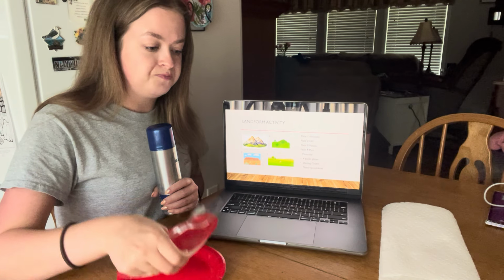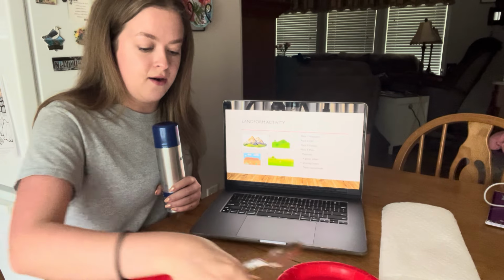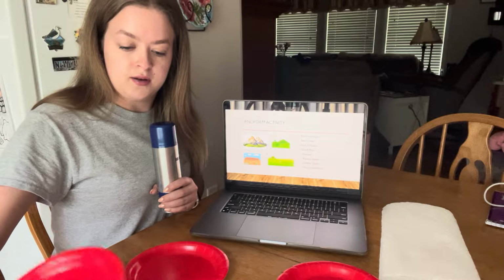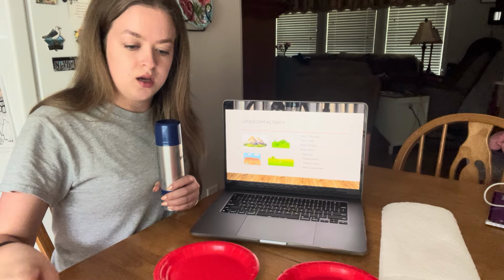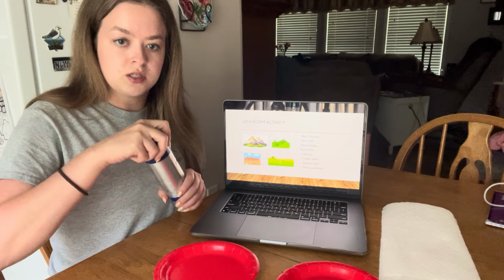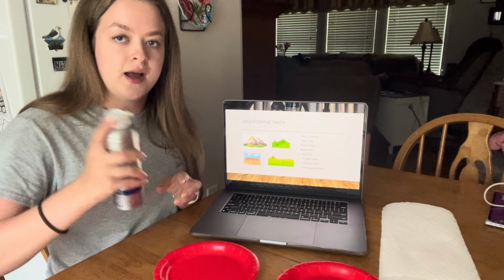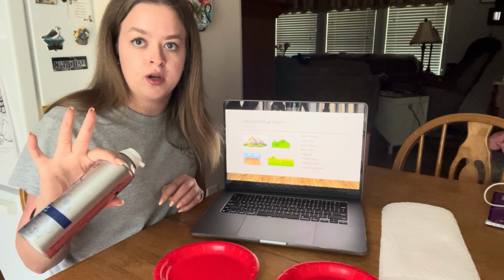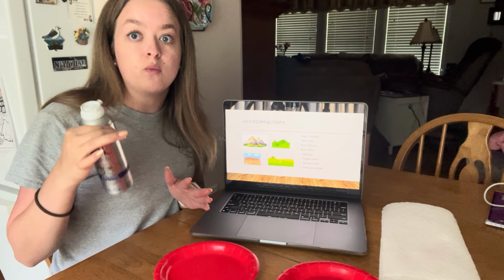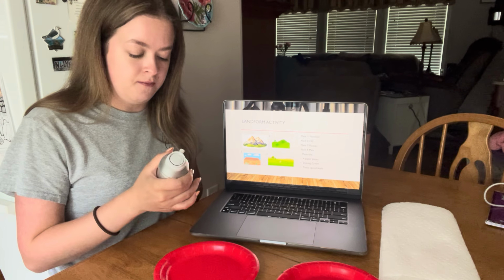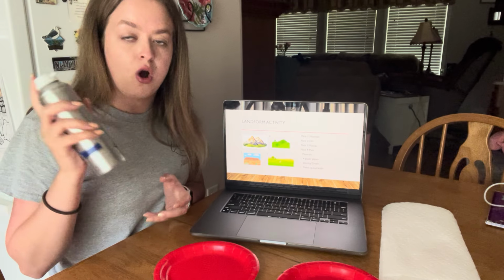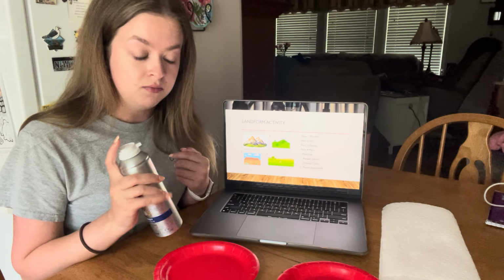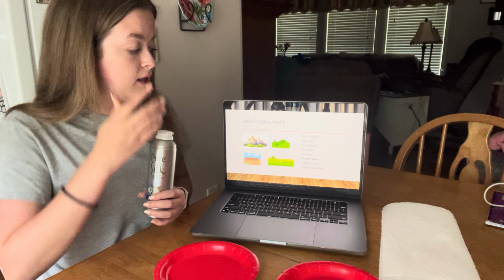So what I'm going to do is sit all of my plates out individually, so I have each plate by itself. And then I'm going to take my spoon and just sit it to the side for a second. I am going to do one landform at a time. That way, if something happens and your shaving cream goes flat, we can spread it and make our landforms how they're supposed to be. So only do one landform at a time. We're going to start with number 1, which was our mountain. Okay, so we are remembering that we need